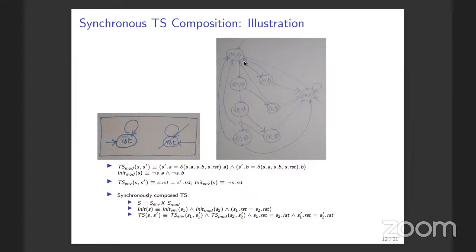What will happen when I take this conjunction? Suppose this one is saying reset will remain the same. Let's suppose I say here, reset will change from 0 to 1. Then when I take this conjunction, what will happen to the combined transition relation? It will be false, right? Exactly right. So it will become false. So that's why you will have to make sure that